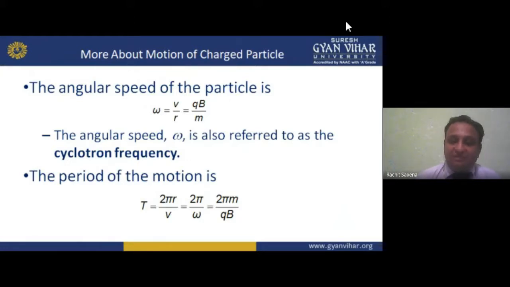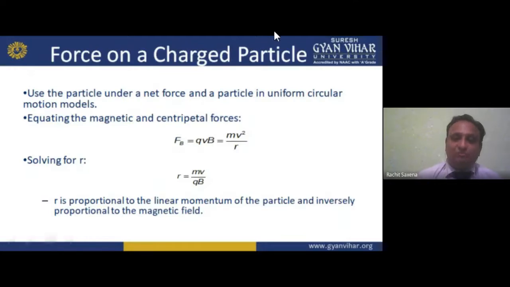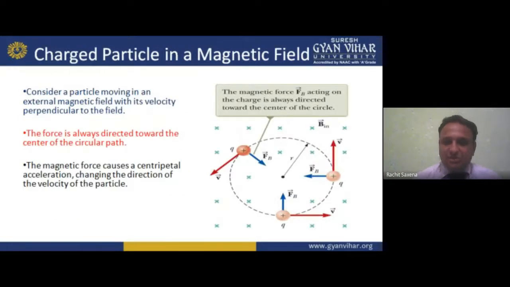See, we have two forces, magnetic and centripetal forces, applied on it. Why is it applied on it, my dear student? We have three charged particles. First, the electromagnetic force: when does it occur? Basically, it occurs whenever a current carrying conductor is placed in a magnetic field. It experiences a force, and due to this force the conductor moves.